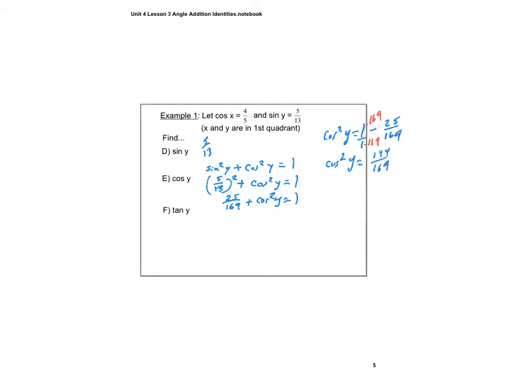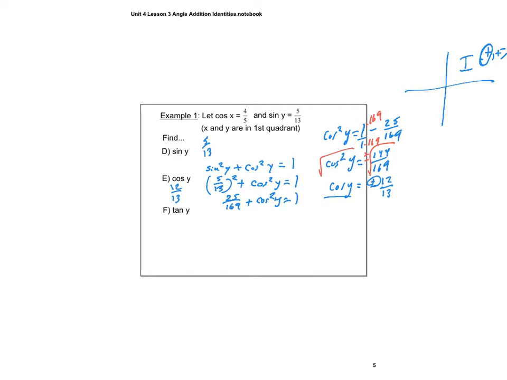over 169. Now I can go ahead and take the square root of both sides, and don't forget the plus or minus. So we end up with a cosine of y equals plus or minus the square root of 144, which is 12, over the square root of 169, which is 13. All right. So again, we are in quadrant 1. In quadrant 1, your ordered pair is a positive and a positive. Cosine corresponds with the x values on the unit circle, and they're positive in this quadrant. So we have a positive. So we get just positive